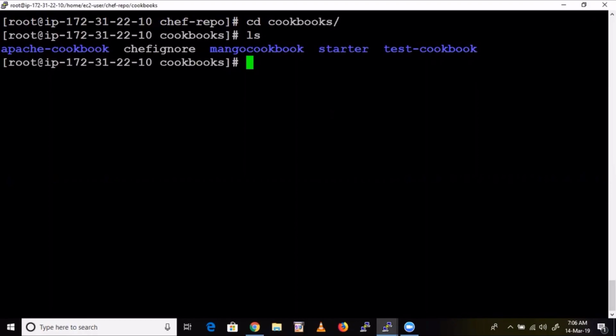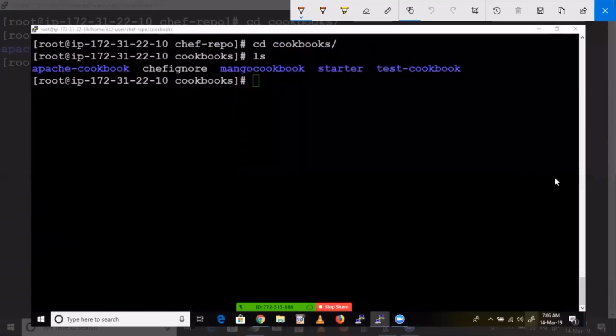You said that when we make any change in any node, that will show up on all nodes attached with the role. Suppose we have 100 nodes attached to that role, and we don't want to see that change on all 100, just maybe 10 or 20. How will we do that?